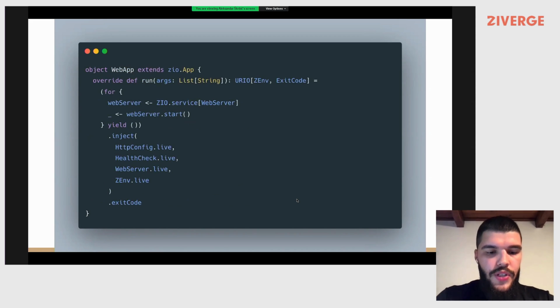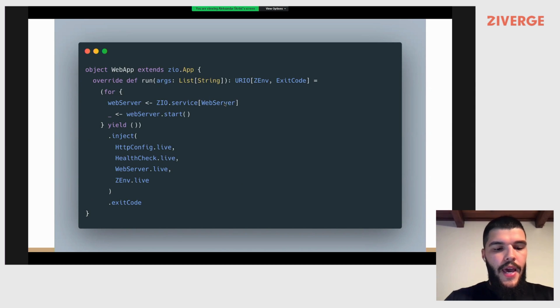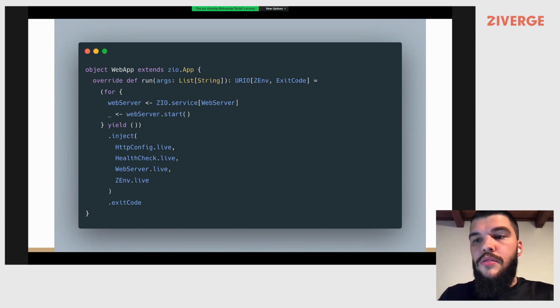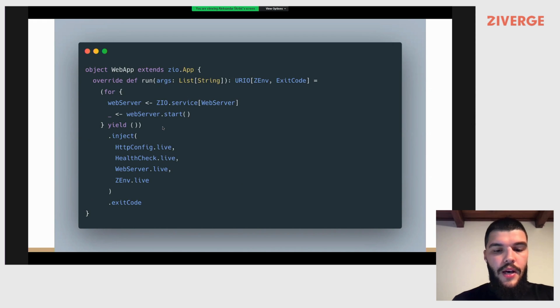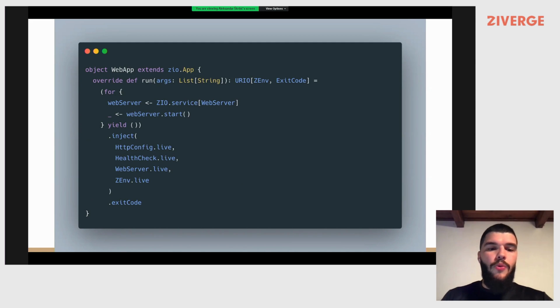And here is the entry point to our web application. We are extracting the web server from the environment of the effect, and then we are starting the web server, which will run forever or until it crashes. And in order to make the compiler happy, we need to provide all the dependencies here. Again, we are going to use ZIO magic and the inject method to provide all of them. It doesn't matter in which order we specify them, and that's it. Your web server is ready, and we have a fully functional